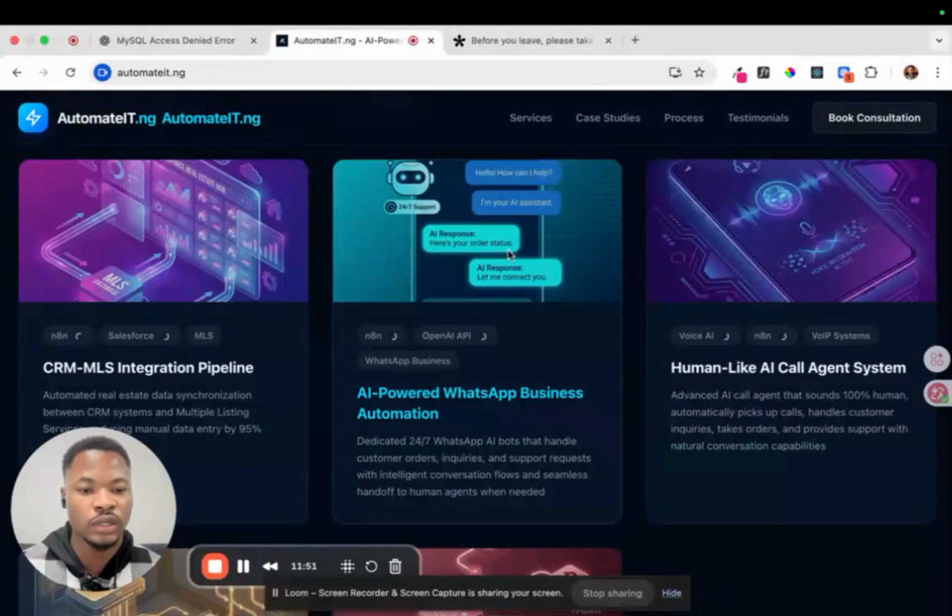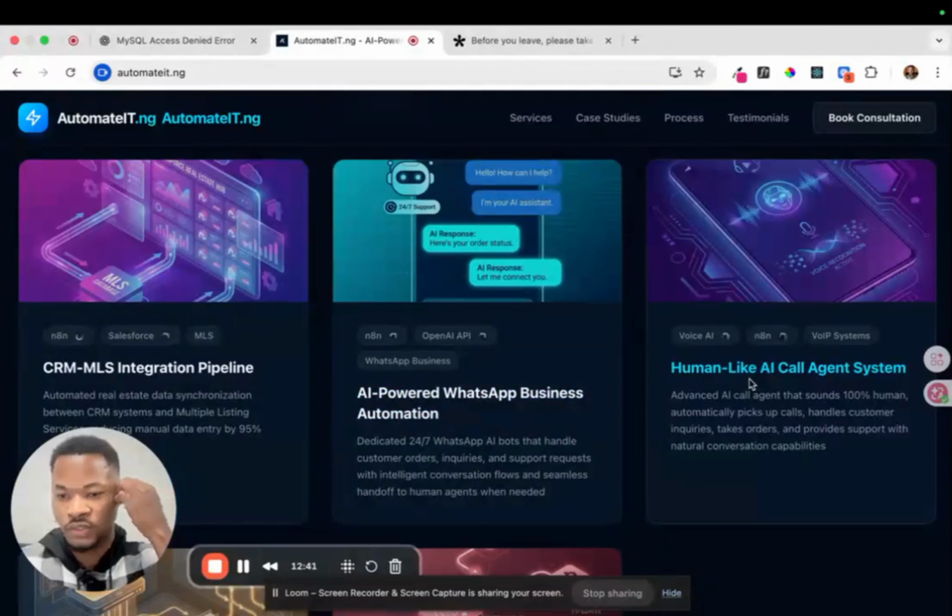It automatically picks up the call and handles the customer's inquiry just like any human would, like having a call agent on the other side of the phone picking up the call and addressing the customer. This is very impressive because, for the number of clients we've deployed this for, it has gone a long way to help them reach a lot more people all the time, without having a time where they are out of contact with their customers and relating directly with the people who patronize their businesses. An example of this is a system deployed for one of the restaurants in the